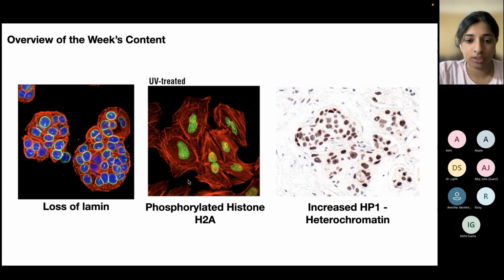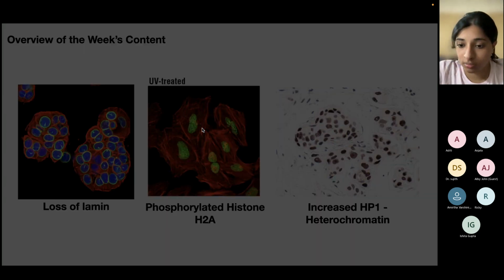Here in the second image, the image in the middle, this is a stain for phosphorylated histone H2A. So the green signal is that of phosphorylated histone. So in the senescence phenotype, apart from improper chromatin organization, there is also a trend in which you can see that the entire genome, their epigenetic marks